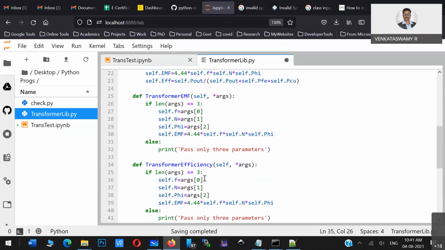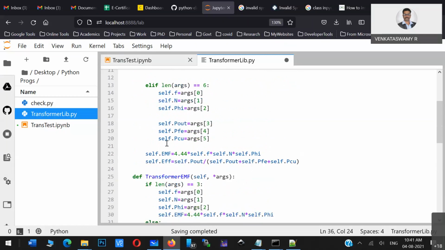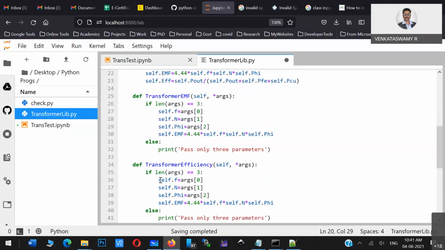It has to be 3 arguments. So the first argument will be assigned like this. Okay, so I'll just keep those things only. Can you see here? So here 0, first argument, second argument, and the third argument.